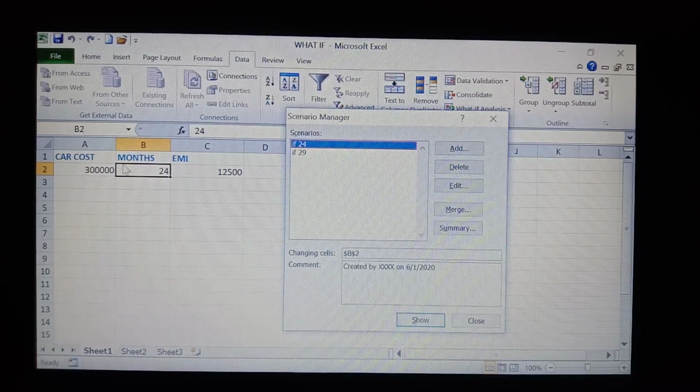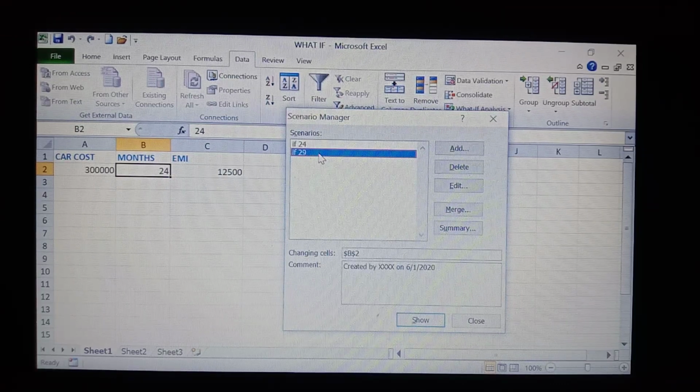And if you click on if 29, for this scenario, show. See here, for 29 months, for 3 lakhs total amount, per month we have to pay 10,344.82 paisa.